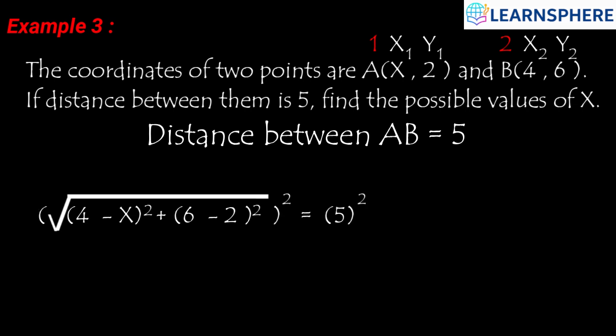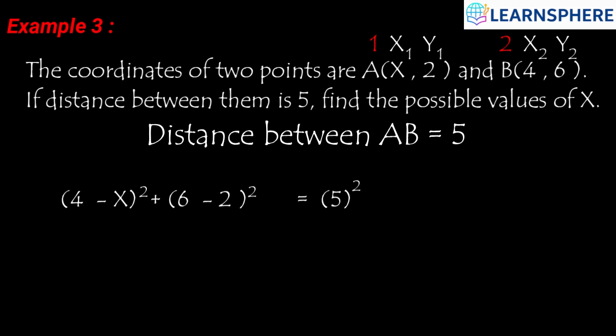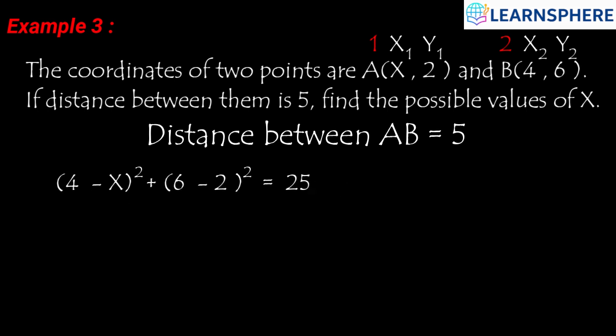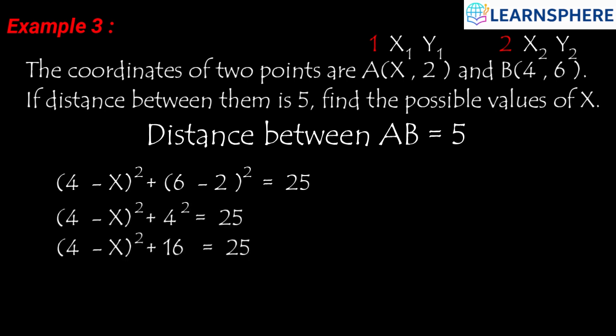On the left hand side, the square will cancel out the square root, which gives us (4 minus x) squared plus (6 minus -2) squared. And on the right hand side, we have it equal to 25. Next, we can simplify 6 minus -2, which will give us 8 squared. Hmm